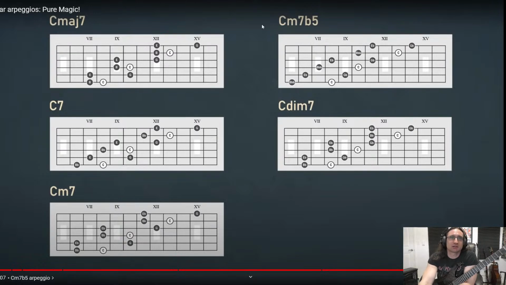Like right here, you have 1, 2, 3, 4, 5 different shapes. You have 5 different things. It's obviously not one. You're using one shape for the major 7 played in 3 different octaves.